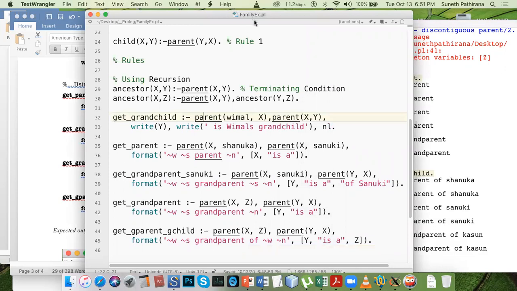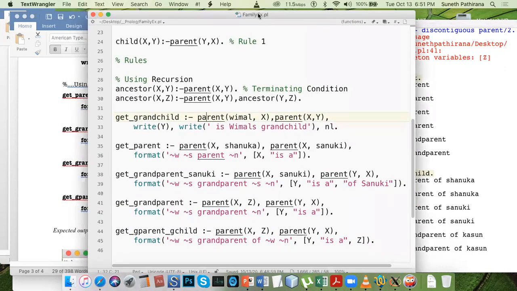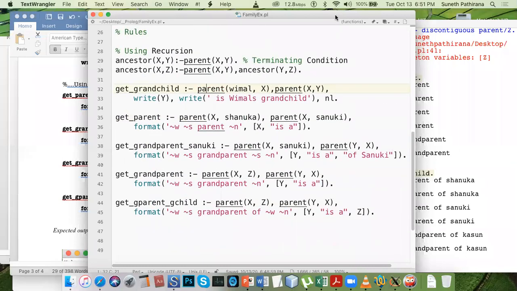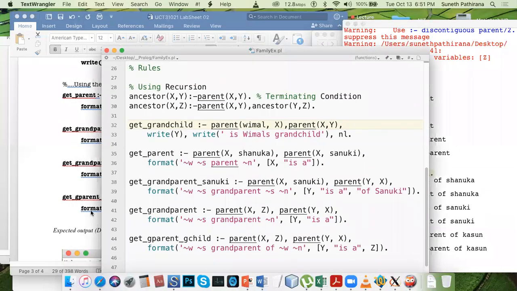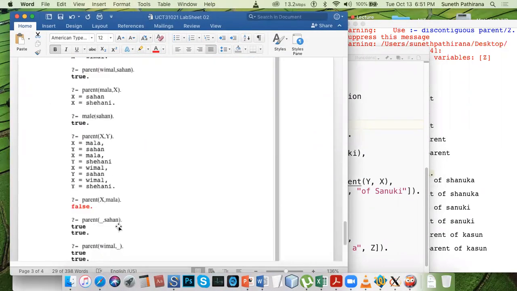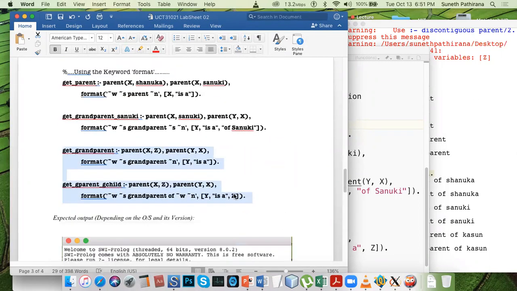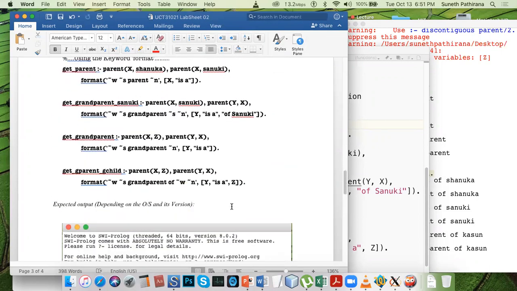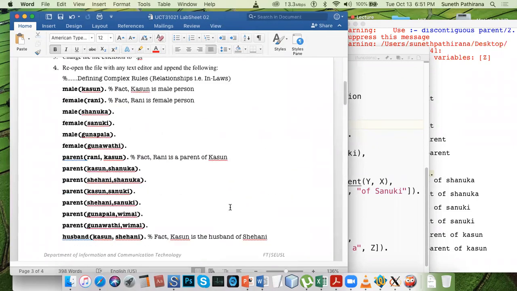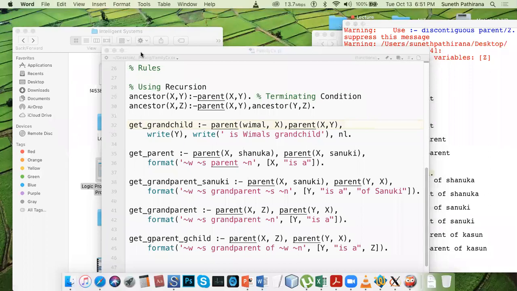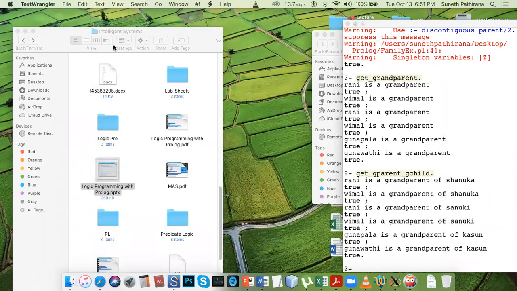We have to move away from this family tree. Today is the fifth practical. We are still stuck with this family tree. I'm not happy actually. All the expected results and all the other things, querying styles, screenshots of the output windows, everything is there. Go through these practical schedules. There are 10 practical schedules. You can go through each of them.